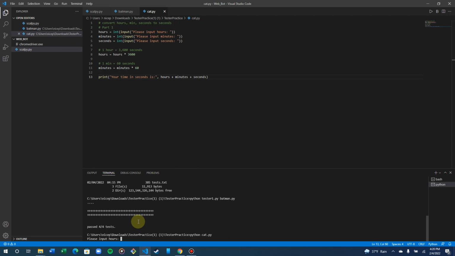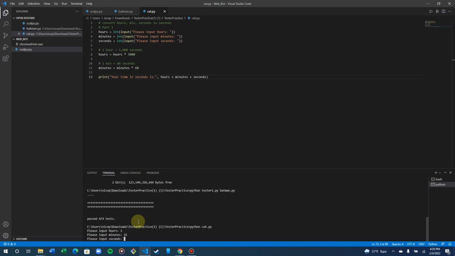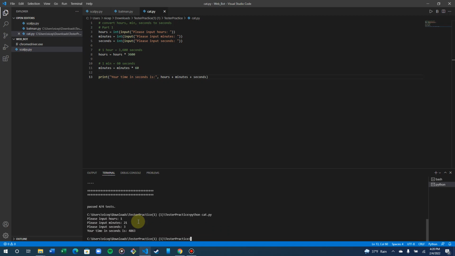Now I'm just going to use the example that was given to us on that PDF. So it was 1 hour, 21 minutes, and 3 seconds. Yep. And if you saw the PDF, that is the correct output. I converted it correctly. So we got that down on one. Now let's move on to the second part of it, which was to